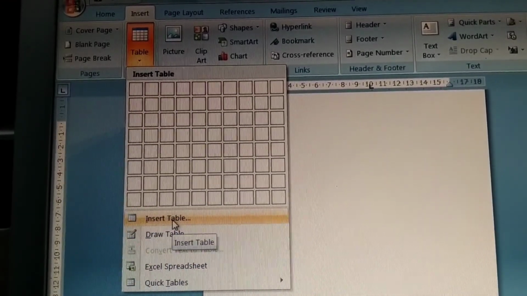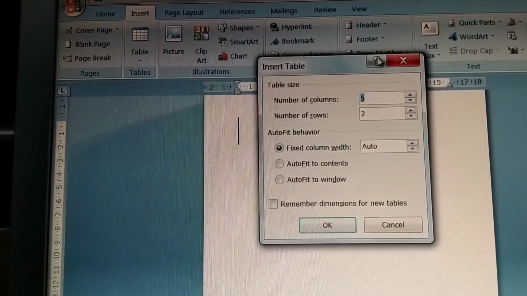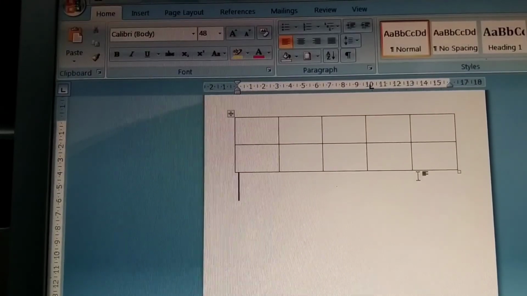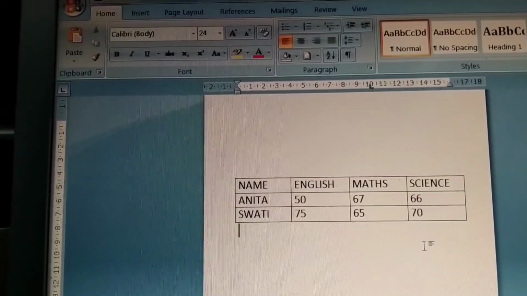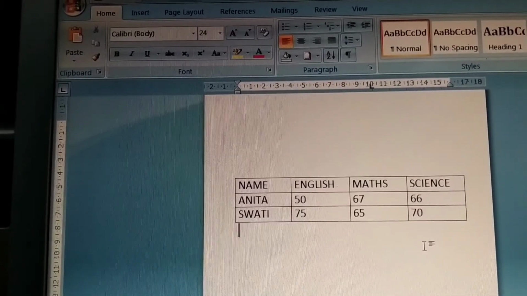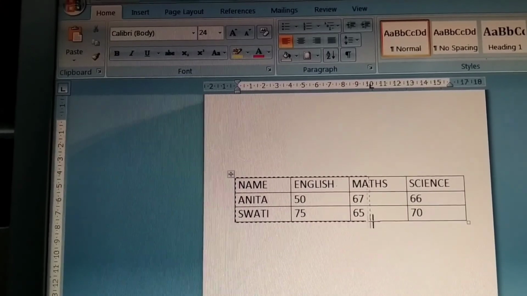Otherwise, through Insert Table, here also we can select how many rows and how many columns we want. So now manually we will select. See, now the table came. In that, whatever content we want to type, we can type. Now see, as an example I typed student data content in that table. Suppose after typing data you want to insert one column or one row, that also is possible. You can resize this way also.